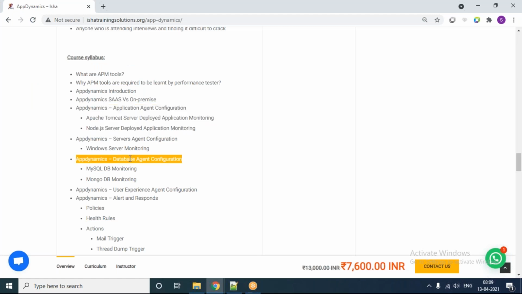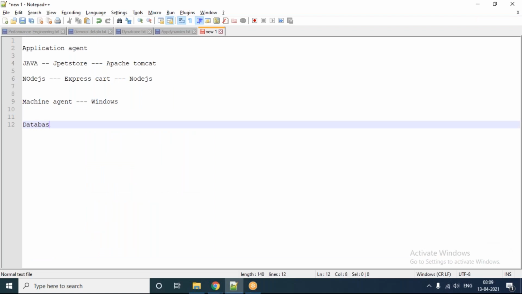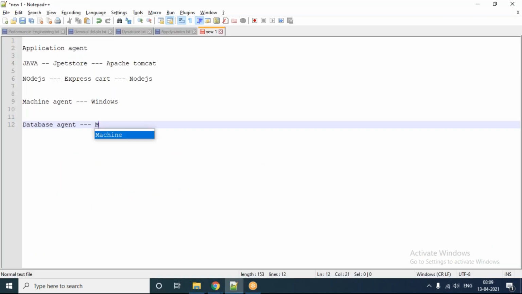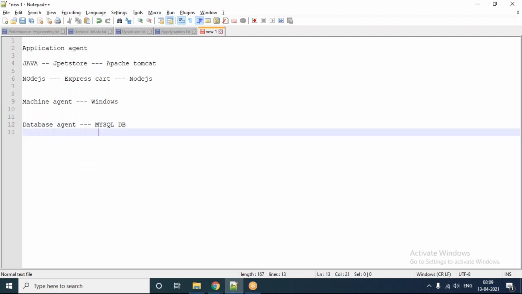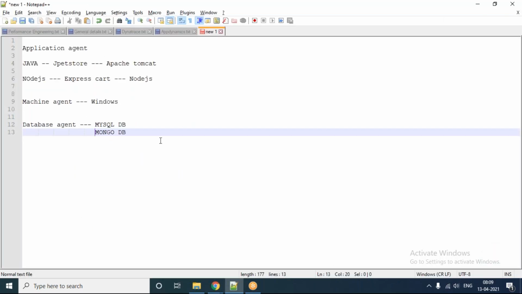Okay, next one is we are going to learn about the database agent. In that also we are going to learn about two databases. One is MySQL database, another one is MongoDB. Two database types we are going to learn. So in the database agent, MySQL DB monitoring and then MongoDB monitoring we are going to learn. And then the next